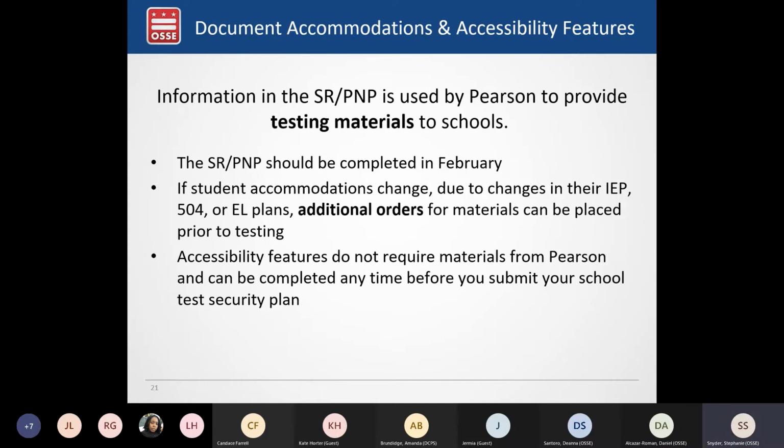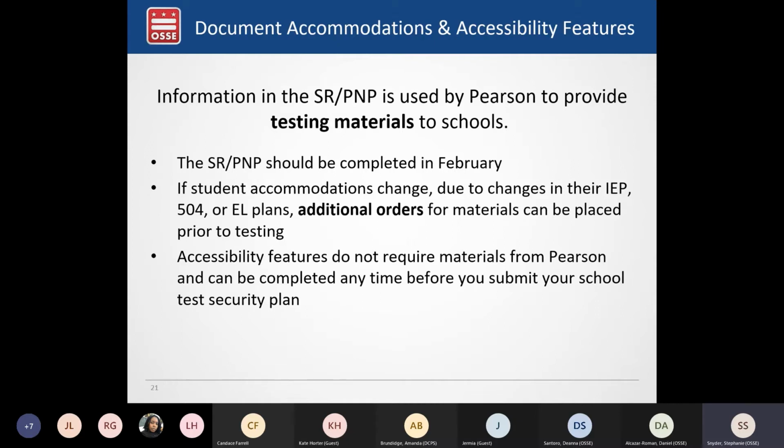If after that deadline, student accommodations or needs change due to either changes in IEP or changes in how they're reporting to school, additional orders can be placed prior to the student testing.